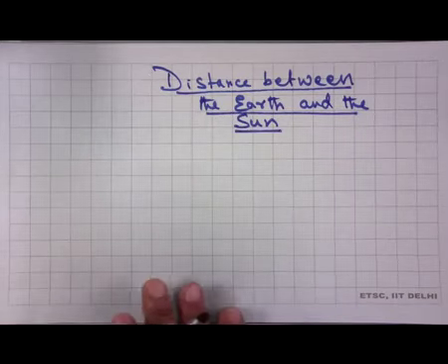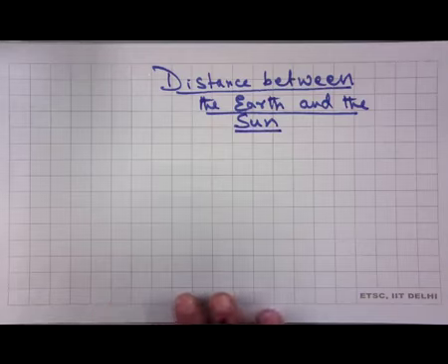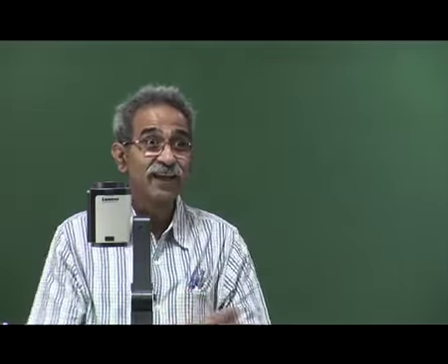So there are things called occultation. Venus, for example, you ask, how long does it take for Venus to go from one edge of the sun to the other edge of the sun? It's a circular disk. And if you know the distance between the earth and the Venus, then you can immediately estimate what the radius or the diameter of the sun is. So this is how we intelligently estimate.